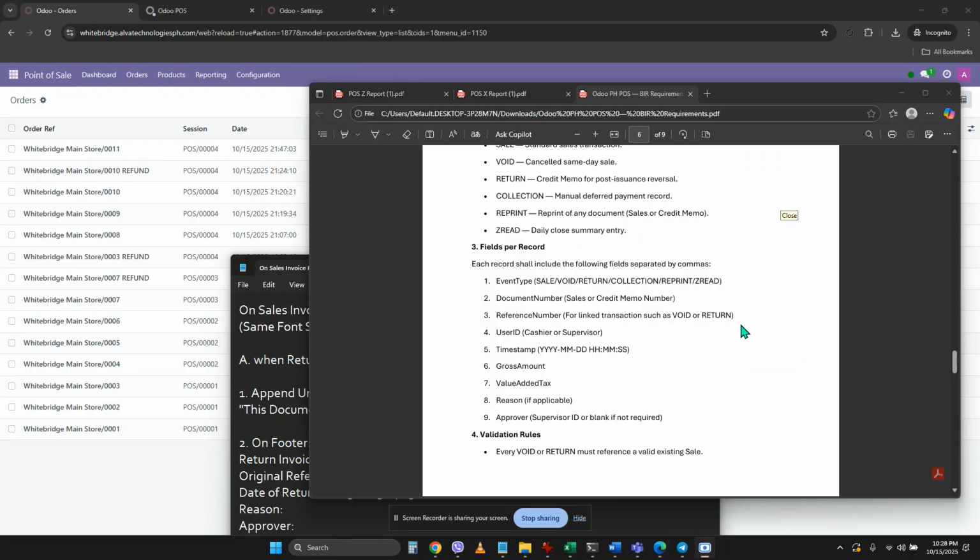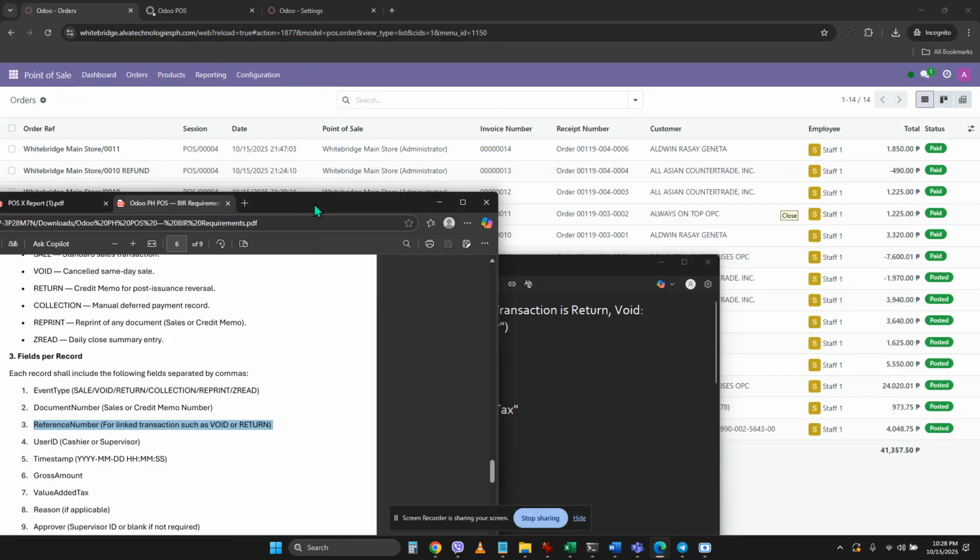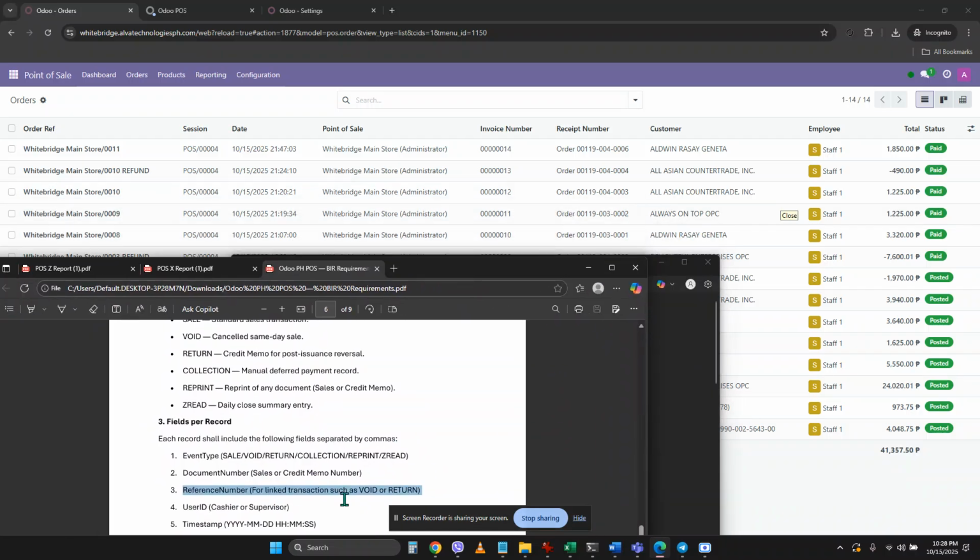Upon checking the document, it has the reference number for if the transaction has been voided or returned. If there's a linked transaction, it will refer. So the invoice number will be 12 when the item has been returned. There should be a reference.